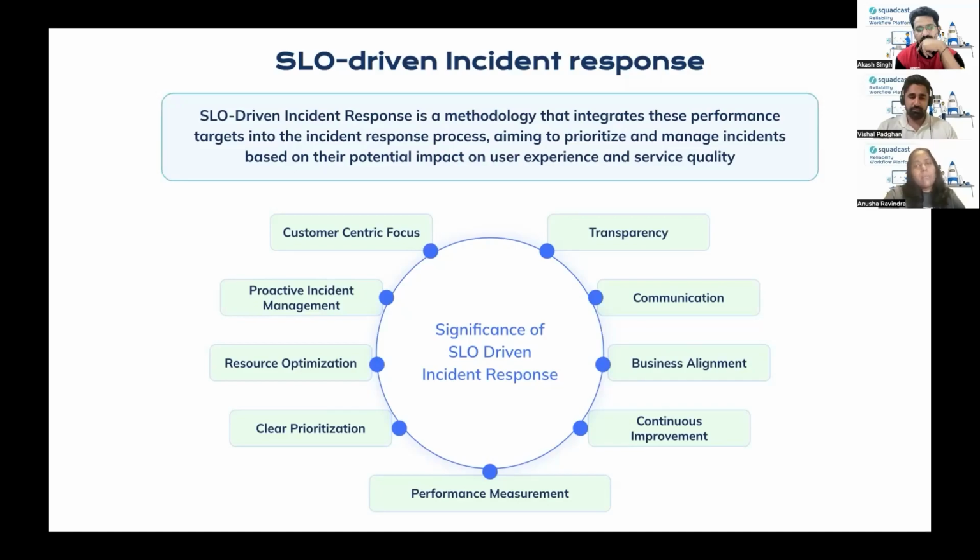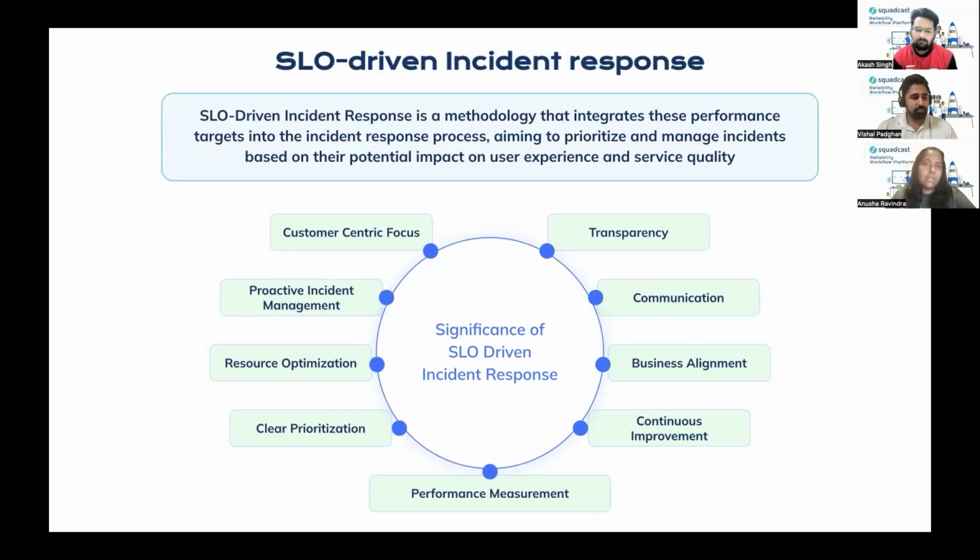SLOs are often aligned with business goals and objectives, as we have understood so far. So this ensures that incidents are assessed not only from a technical standpoint by teams, but also in terms of their potential impact on revenue, the business reputation, and the outcomes that have been outlined for the business itself. Now, another benefit is that it promotes transparent communication with stakeholders. This enables teams to provide more accurate and meaningful updates on incidents, explaining their impact on the service levels and